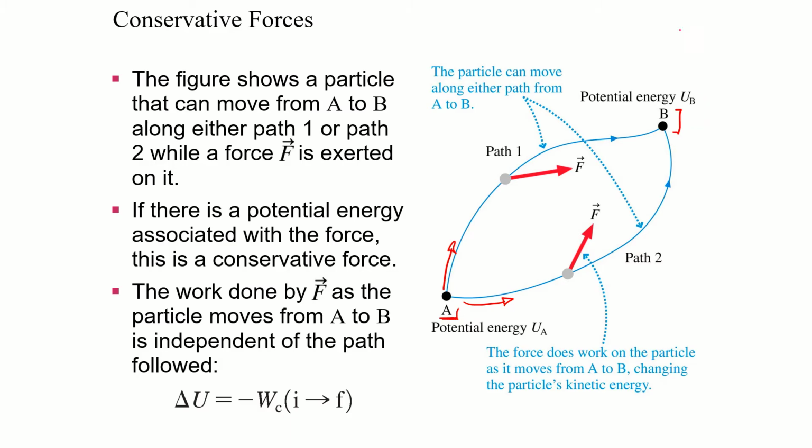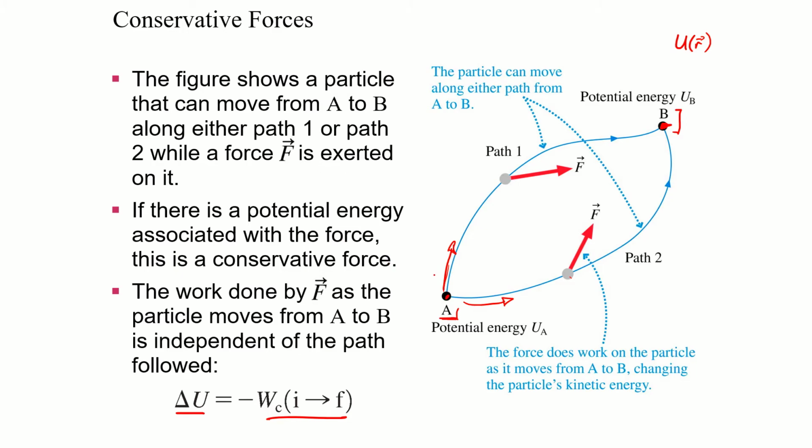If you think about it, our potential energy, remember, is a function of position, and we want to be able to assign a single value at B. But we defined the change in potential energy as negative the work done when going from our initial point A to our final point B. If I go along this path, I'm going to have a different change in potential energy when I get to B than if I went along path 2. If the amount of work done differs, I can't define a single change in potential energy, and it kind of throws away the whole point of doing all of this.